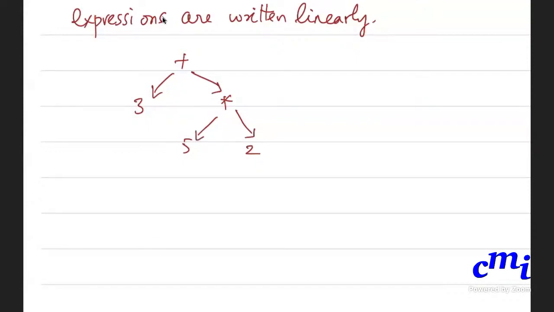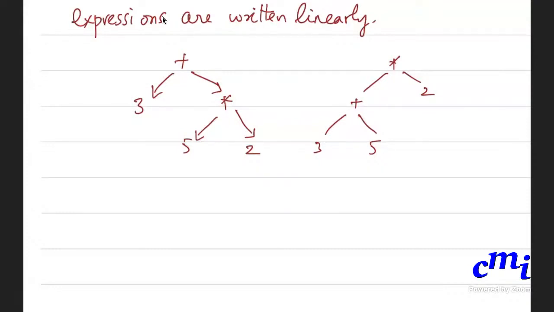Whereas this is doing the multiplication first. If you want to do the plus first and then the multiplication, you would have written it this way. It is to represent this particular structure that you write parentheses sometimes and don't write them at other times.